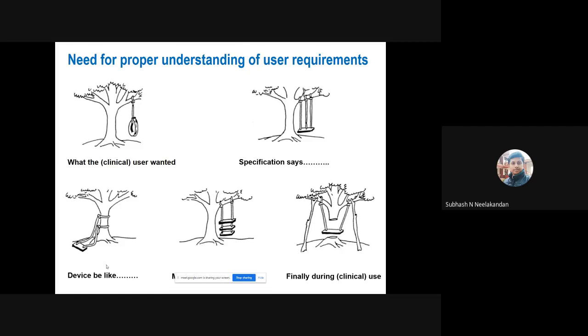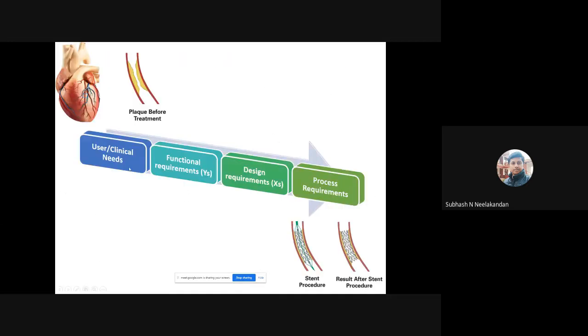They say there are three different areas to look at. Number one is technical, number two is business aspects, number three is regulatory. So coming to the technical aspects, the user or clinical needs in general will be very vague. They will not give you the exact numbers or engineering or scientific terms to develop a product, whereas they will give only qualitative statements.